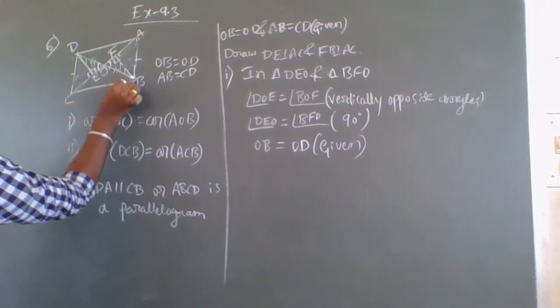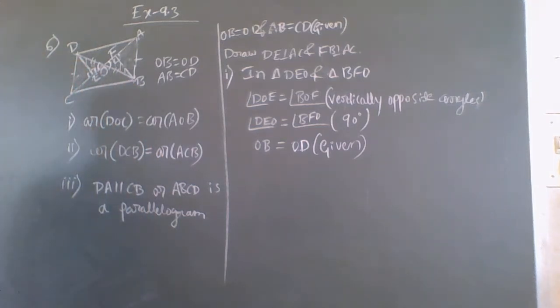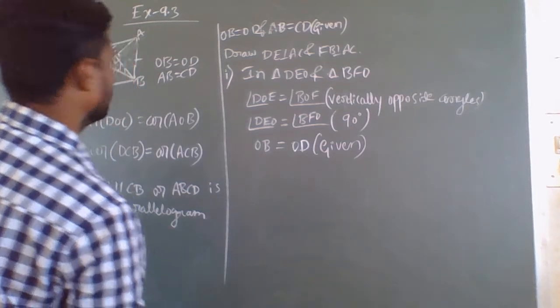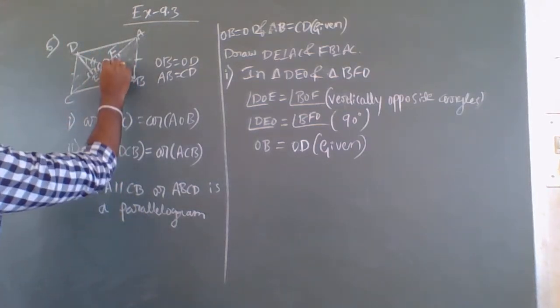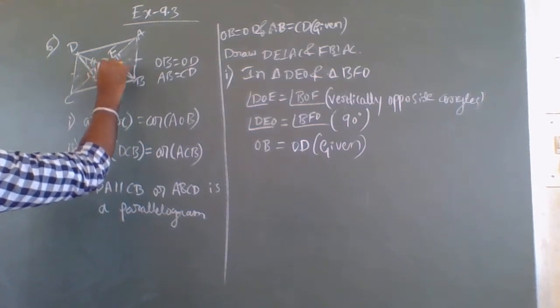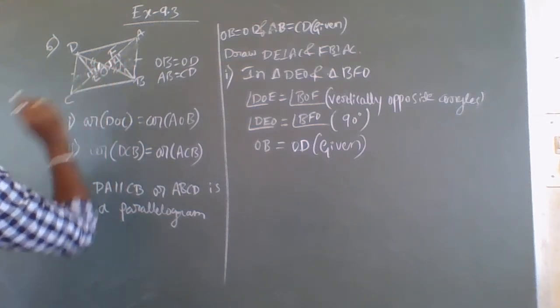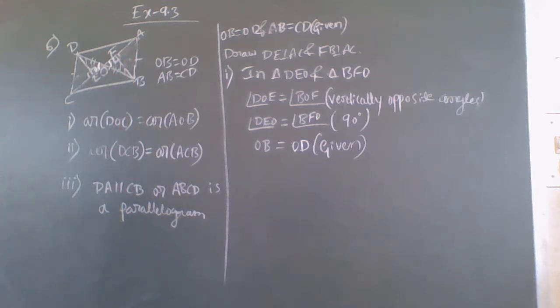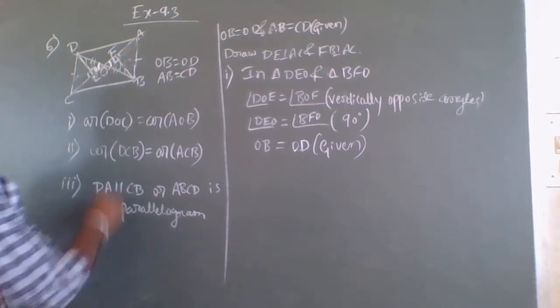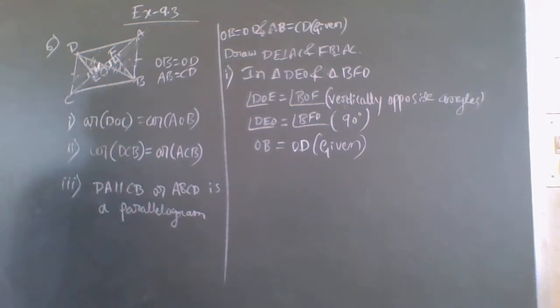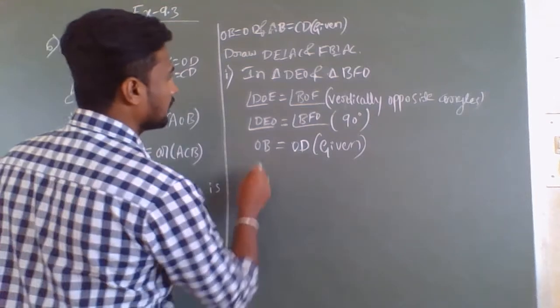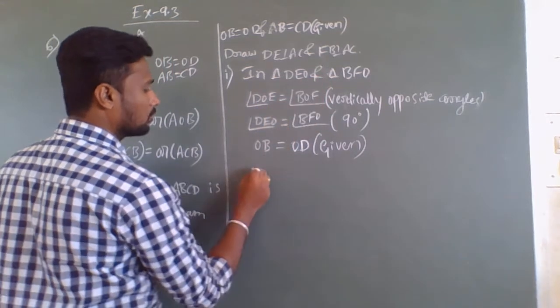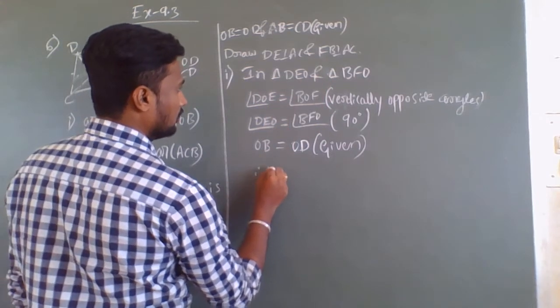These two are equal. OB and OD are equal. So now we got to know that these two angles are equal because they are vertically opposite. These two angles are equal because these two angles are 90 degrees and these two sides are equal. So now you can say that these two triangles are congruent to each other. Therefore,